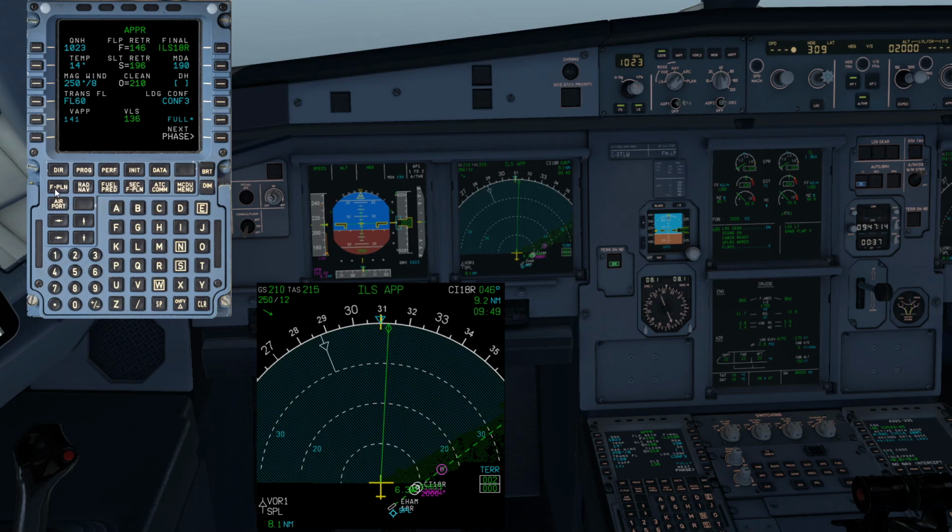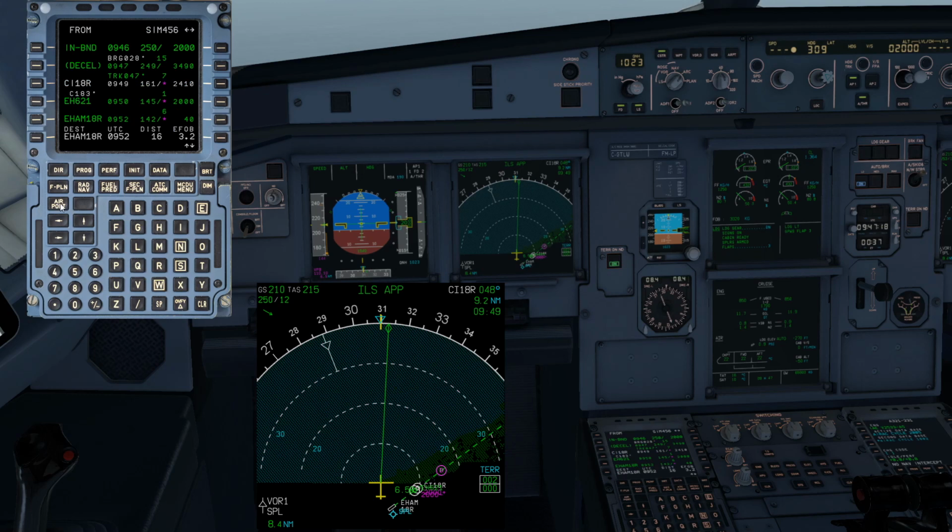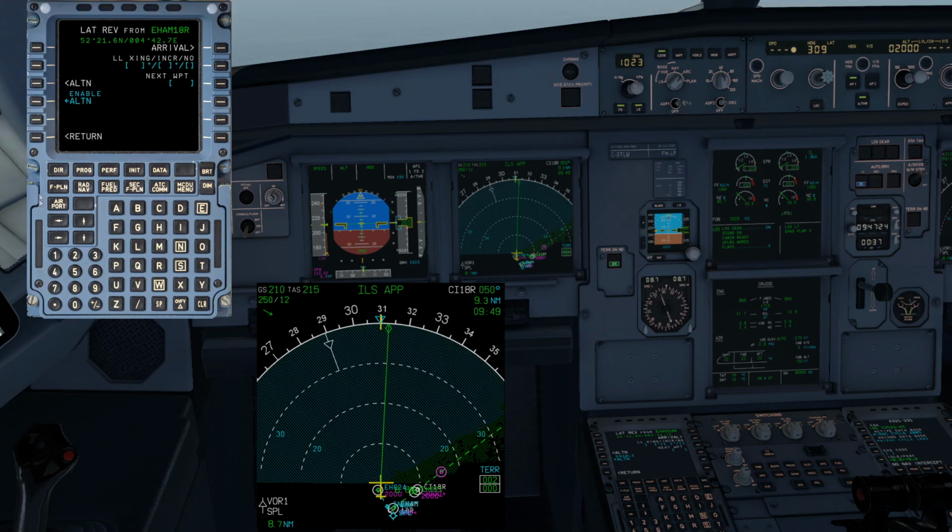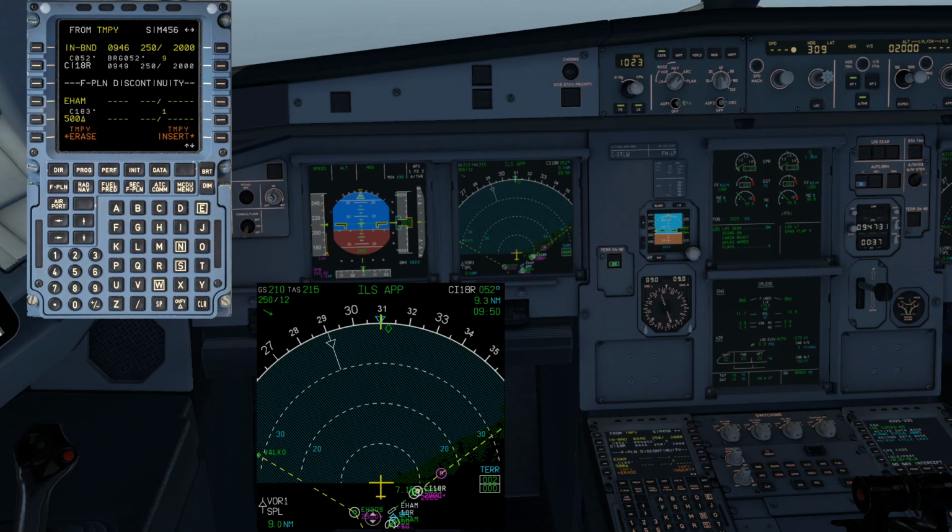But I want to divert. Let's say I've changed my mind. So I've flown that missed approach, and now I want to divert. So I'll simply go to flight plan. And if you select a point like that, any of the lateral revisions, so I can just go to this point here, and then you see the little blue option, enable alternate. So I'm going to select that, and there it is. It's drawn our route that we drew in earlier. It comes up as a temporary flight plan. Press insert to insert it,